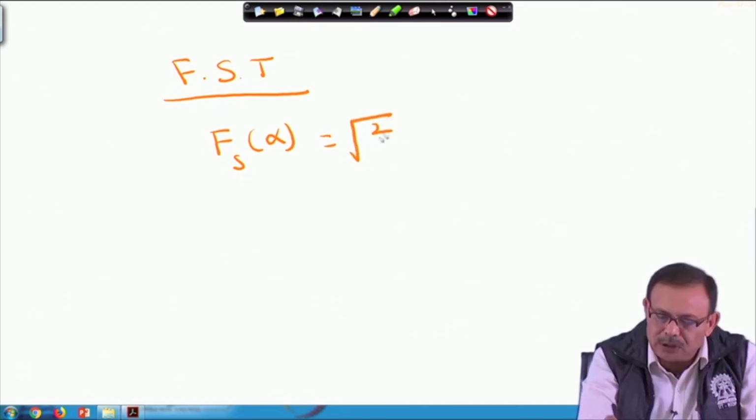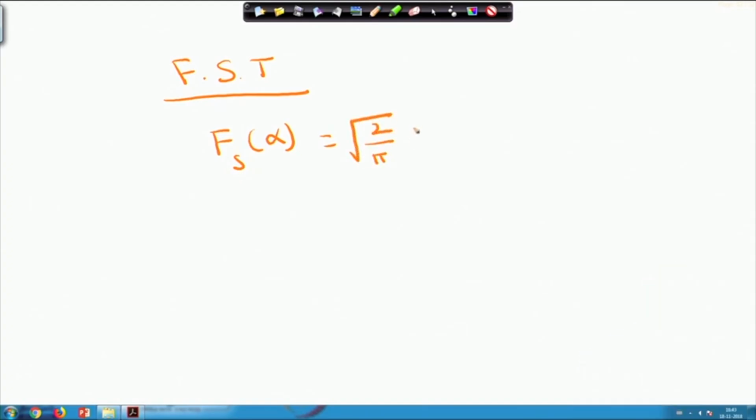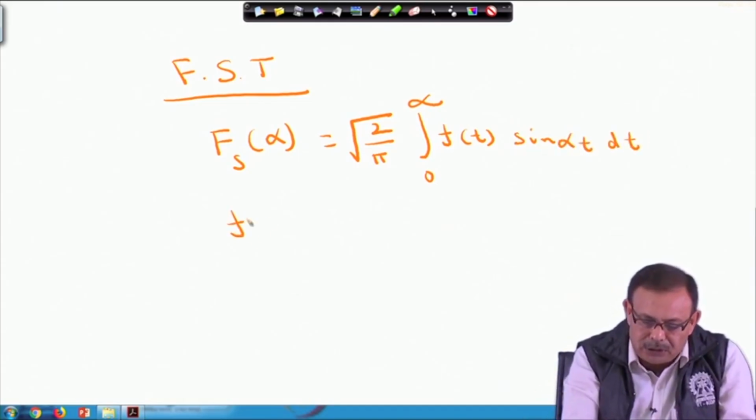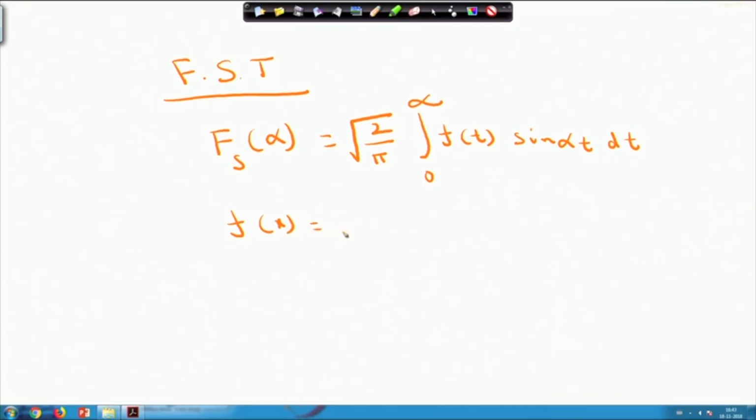This equals root over 2 by pi, integral from 0 to infinity of f(t) into sine of alpha t dt, and the inverse is f(x) equals root over 2 by pi, integral from 0 to infinity of capital F_s alpha into sine alpha x